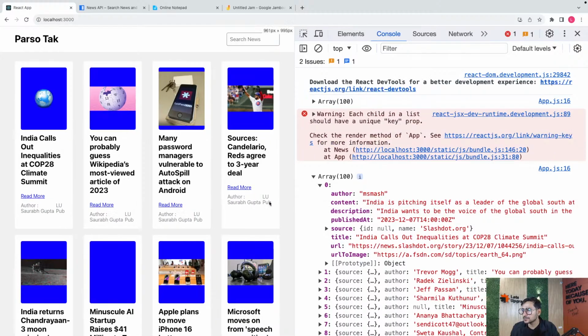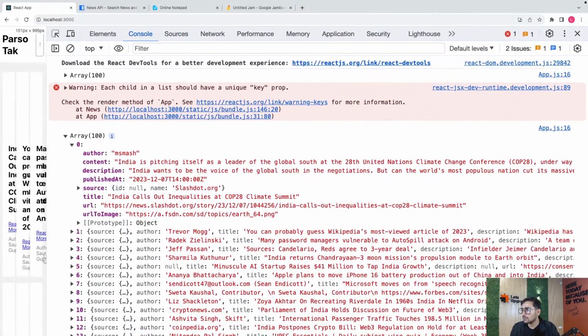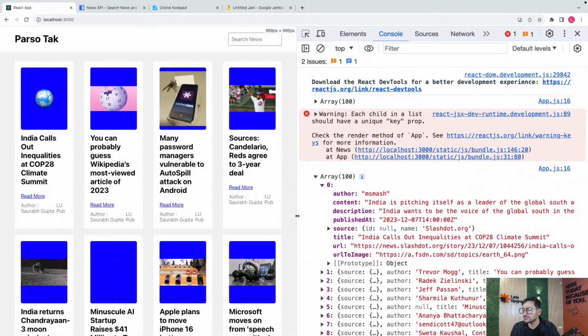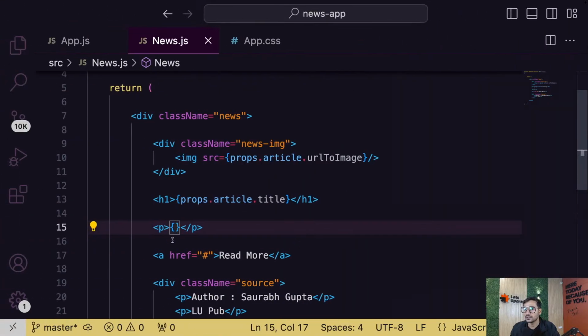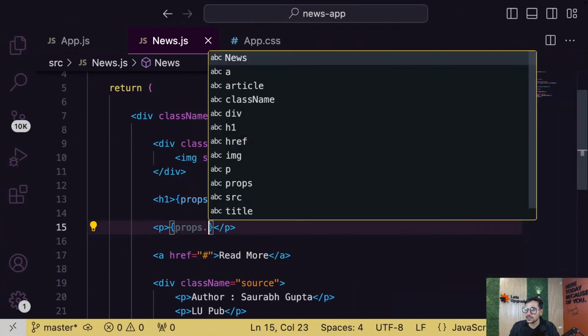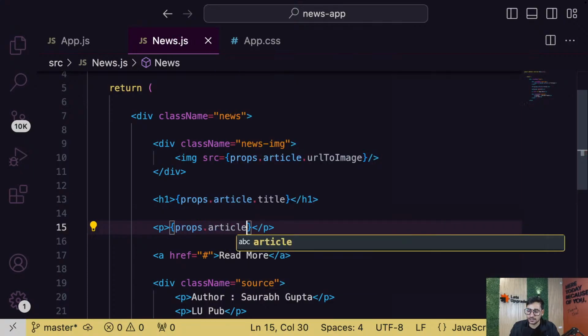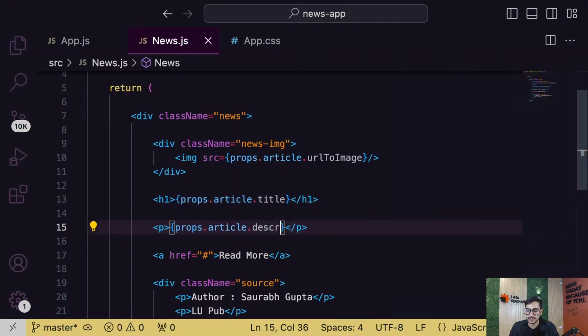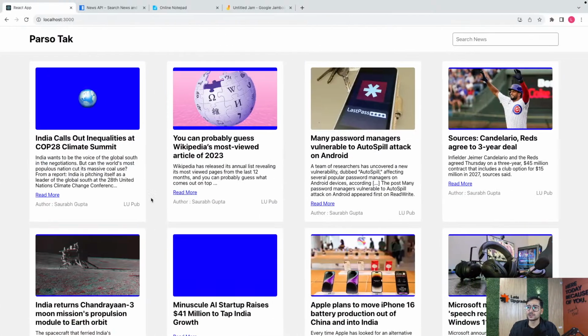I want to check this. Almost both are same. I think description will be smaller and content will be quite big. So I think I should use description in this case. So let's go for props dot article dot description. Again, guys, it depends on the API. Okay. So yeah, description is quite small and we can use it perfectly.